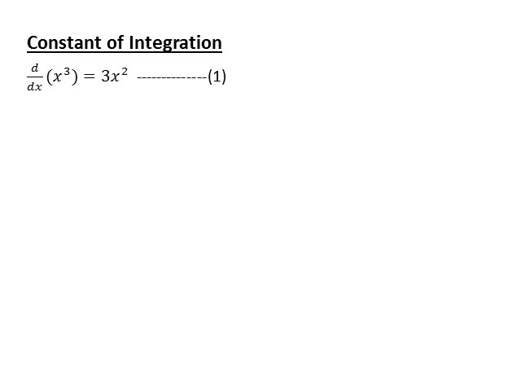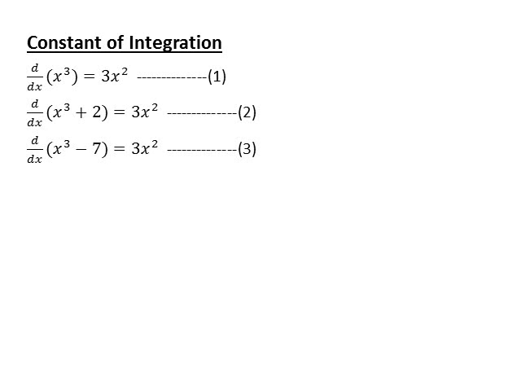Students, the derivative of x cube with respect to x is 3x square. What will be the derivative of x cube plus 2? That is also 3x square. If I want to calculate the derivative of x cube minus 7 with respect to x, that is also 3x square. It means if I add some constant to x cube, a new function comes out, but the derivative of each such function with respect to x is 3x square. So, replacing all these constants by c, we get a function x cube plus c, and its derivative with respect to x is also 3x square.